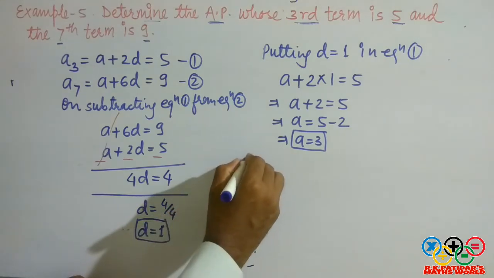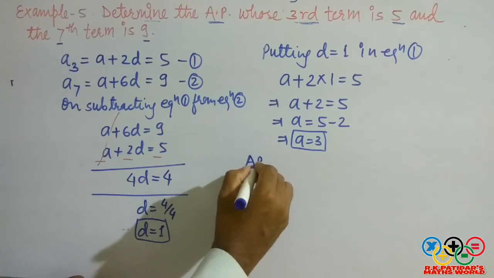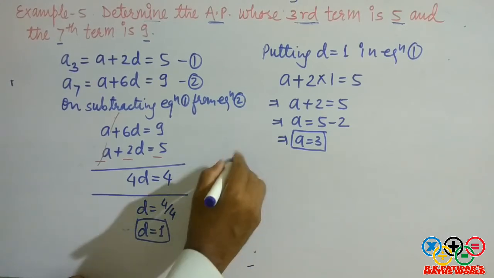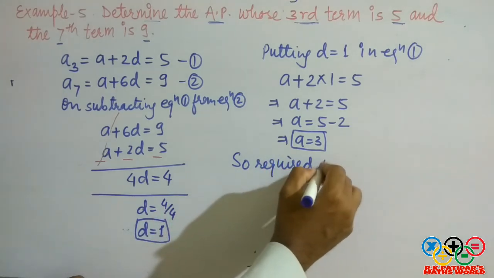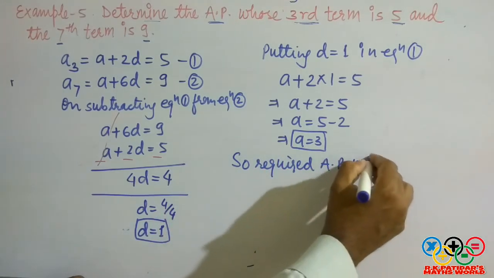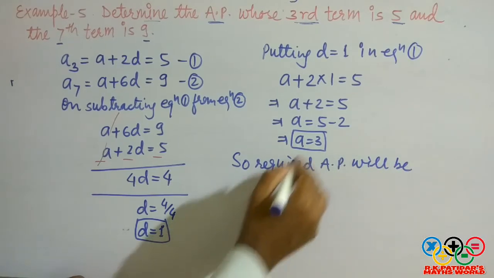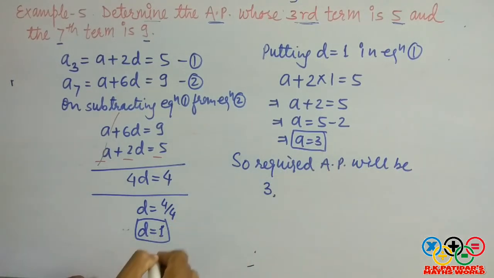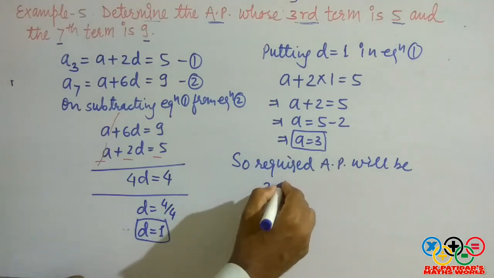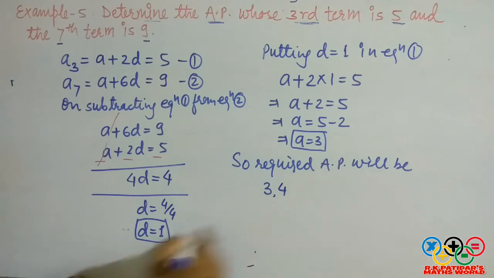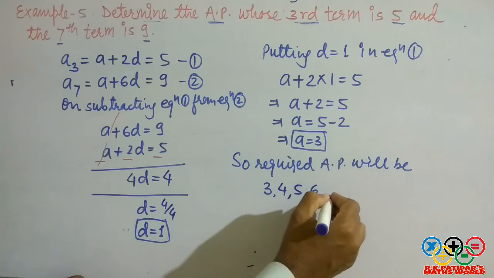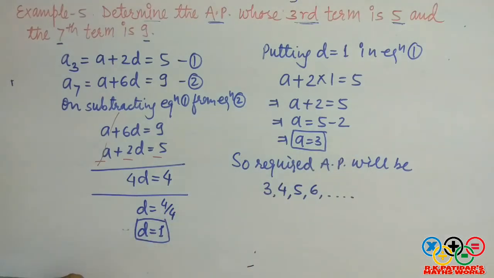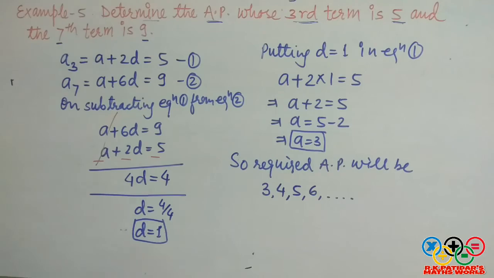Now easily we can form an AP. So the required AP will be what? फर्स्ट टर्म आपका 3 है। अब एपी हम इजीली फाइंड आउट कर सकते हैं, डिफरेंस उसमें ऐड करते जाएं, तो 3 प्लस 1 4, 1 क्यों ऐड किया? 1 डिफरेंस है। फिर 4 प्लस 1 5, 5 प्लस 1 6 and so on. This will be the required AP.